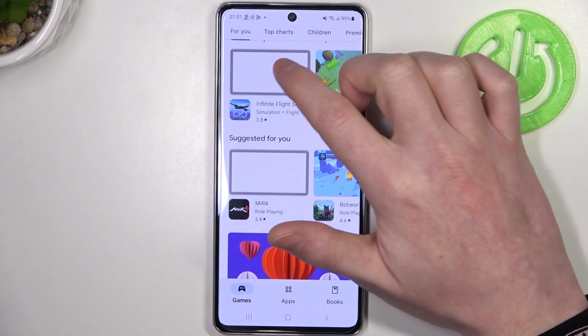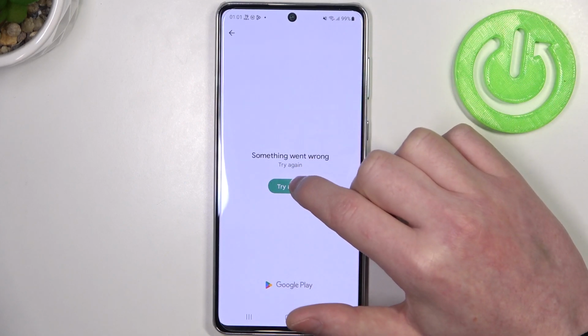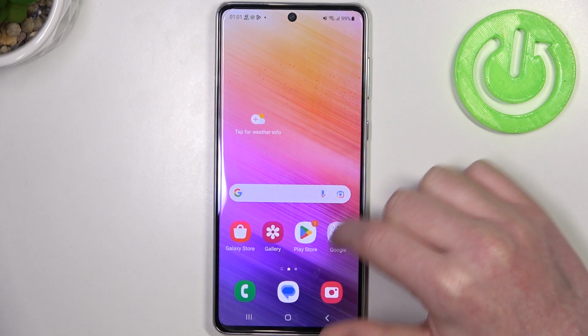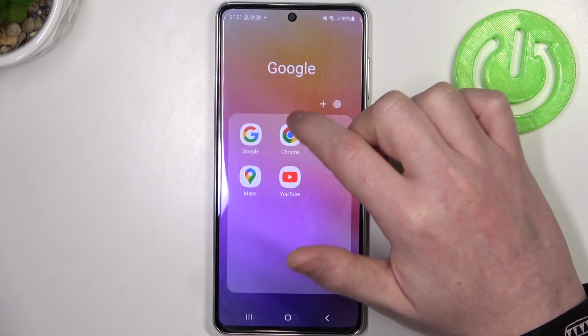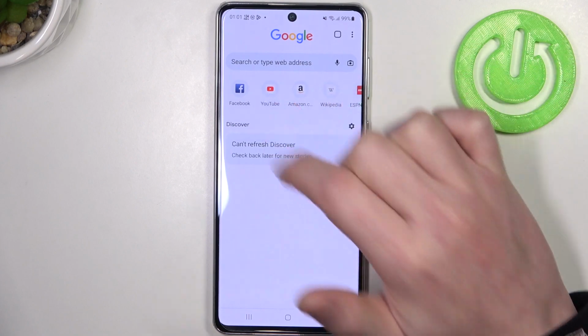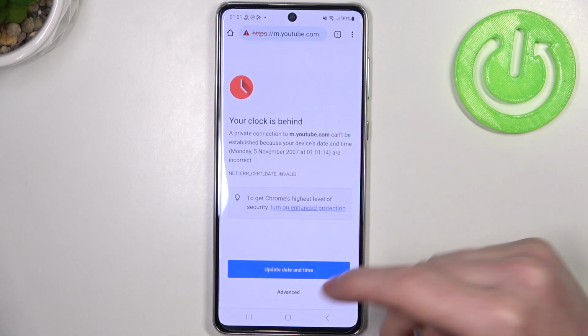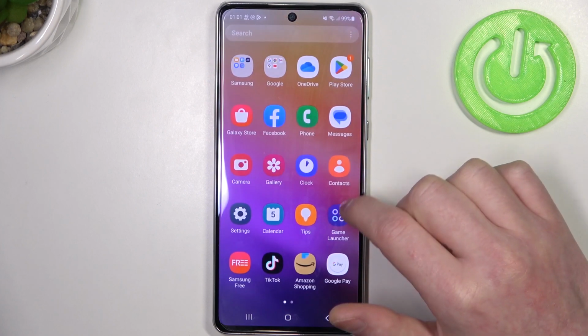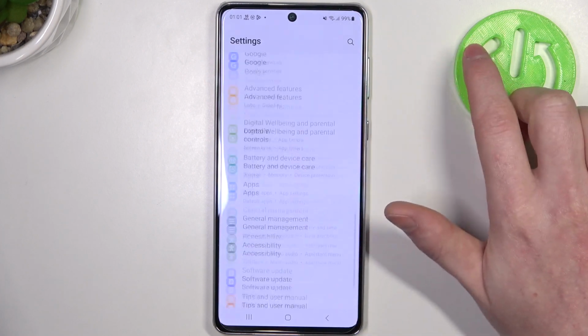So here I can try to download the game, but as you can see there's a "something went wrong" error. Now let's go for the browser, Google Chrome, and we can go for YouTube, but there's also a problem. To fix both of these issues we'll need to head on to our settings,